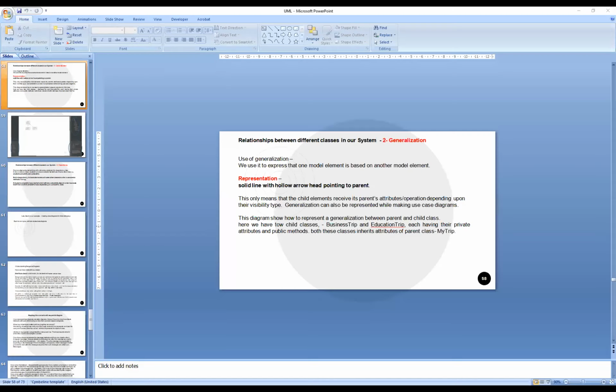It is a simple concept of what we call inheritance. So this is simply what we understand from inheritance. We have some base class, and some classes are going to inherit the properties of the base class. So how are we going to represent that particular relationship using UML? That is what we call a generalization.